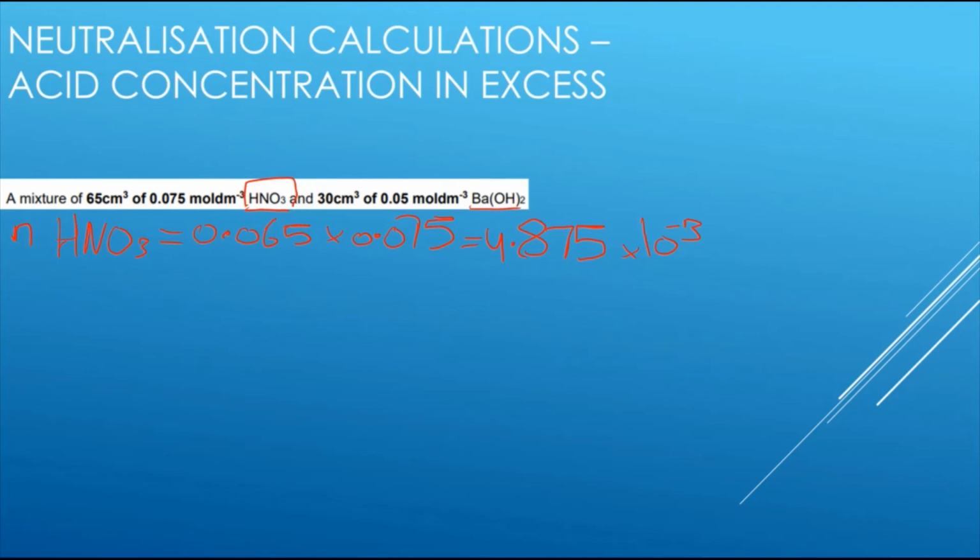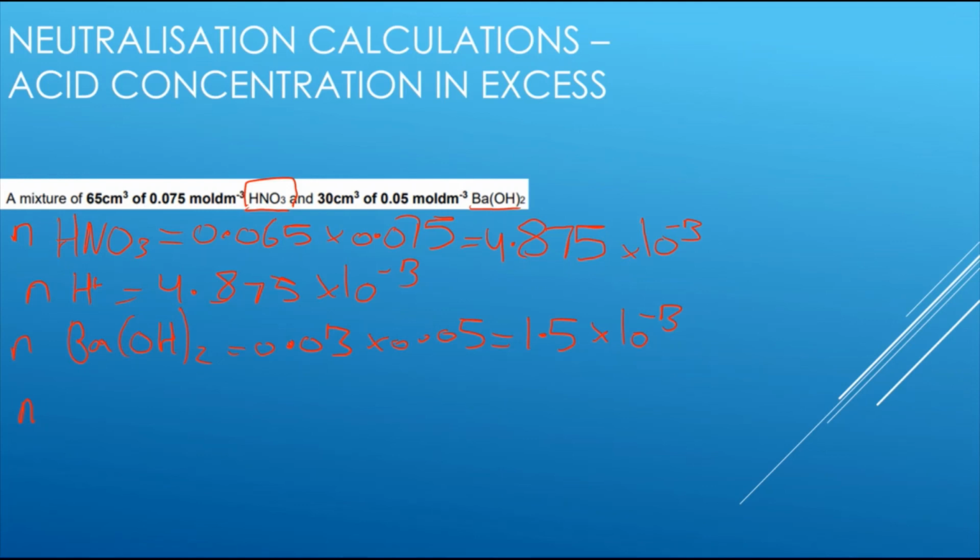So if I look at the formula of HNO3, I know that for every 1 mole of acid I will have 1 mole of H+. So this means that the moles of H+ will remain the same, and that will be 4.875 times 10 to the power of minus 3. So now working out the moles of my base, which is Ba(OH)2. So that would be 0.03 times 0.05, and this gives me 1.5 times 10 to the power of minus 3. This is the moles of my base, but then I need to work out the moles of OH minus,